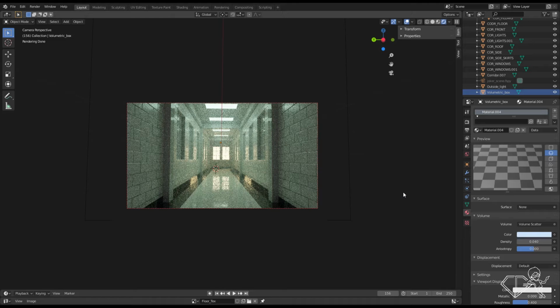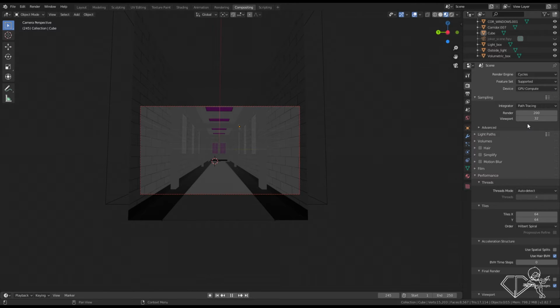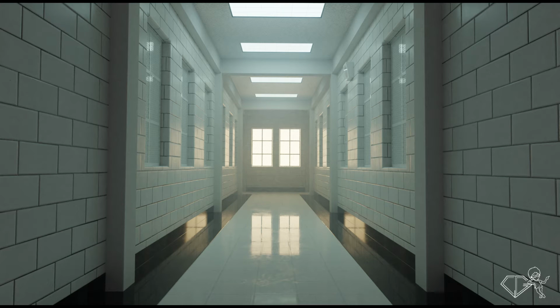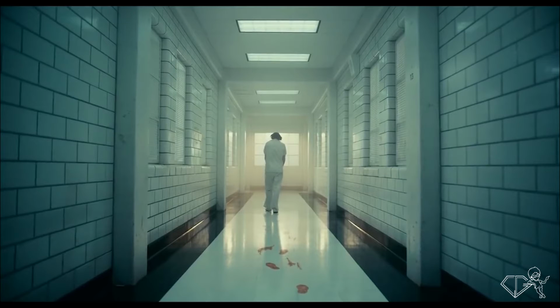So as everything is set, moving on to the rendering. I'm just changing the render samples, like right now it's on 200. So changing it to 1500 and this is how it looks. The difference between the reference and the rendered image is that the reference image has this blue dark night lighting. I think that's why movies look so good and natural.